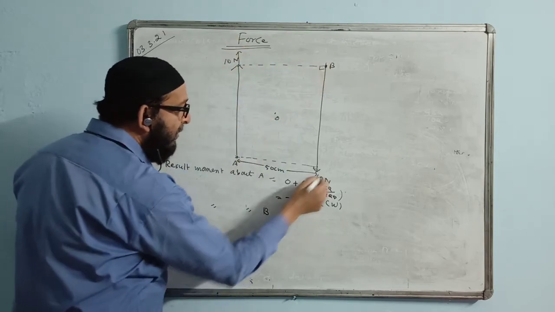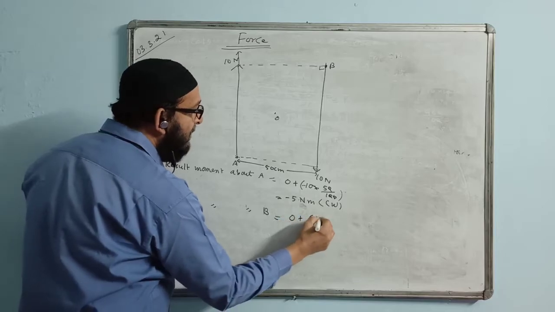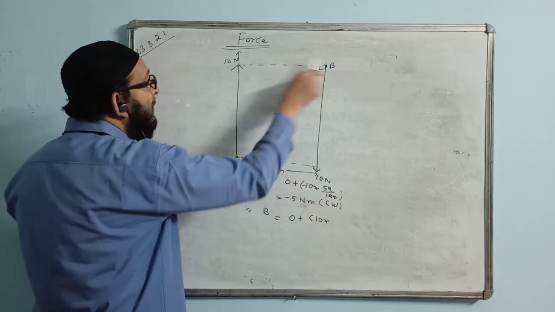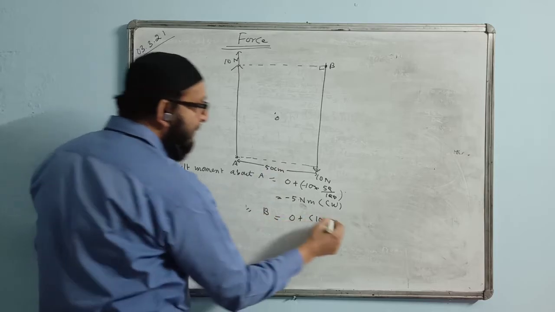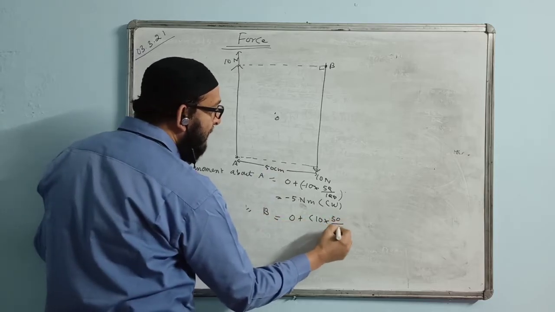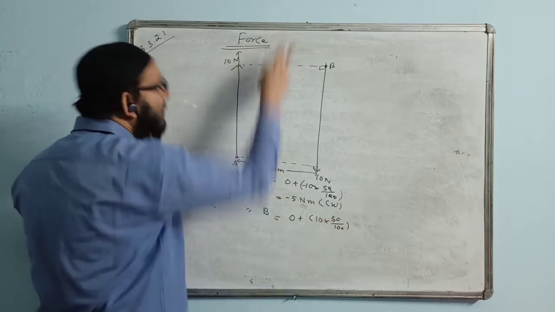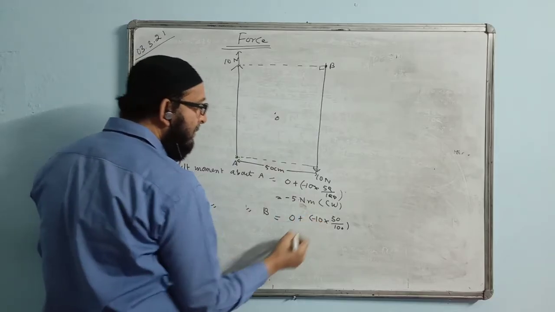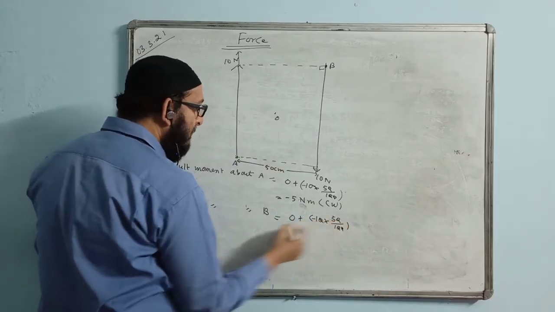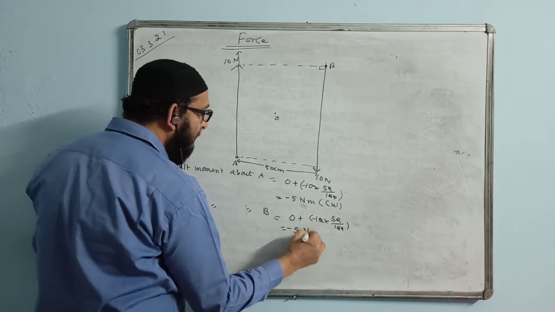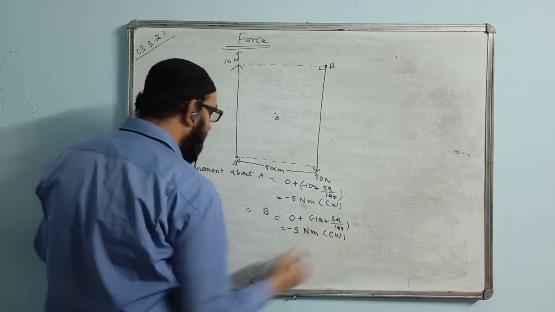This force is acting like this, we can continue. So this is the perpendicular distance. We will be writing, first one is having 0 plus the other one is having 10 into, what is the distance from here to here? This is the same as this, 50 centimeter, that is 50 by 100. What direction will it turn? This will also turn in clockwise with minus sign. The answer will come the same, minus 5 Newton meter. And here we are taking clockwise.